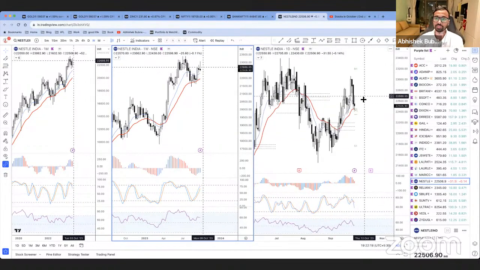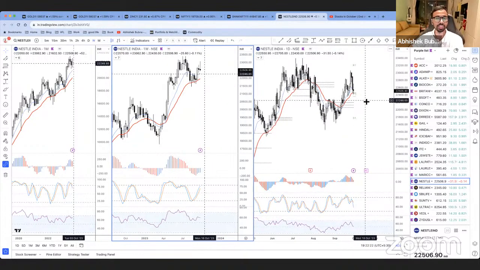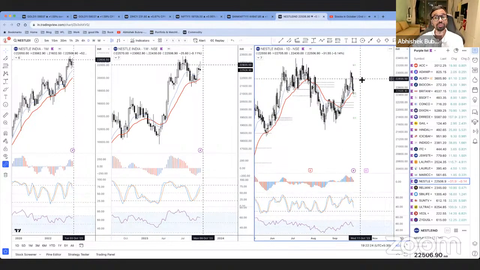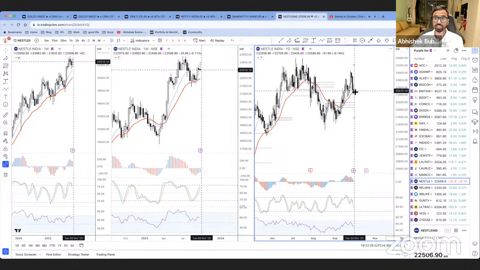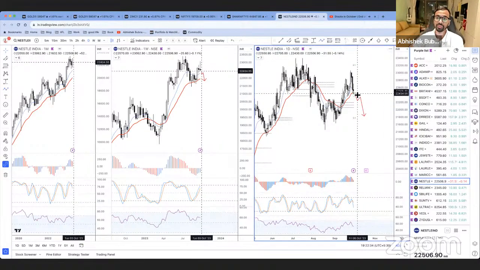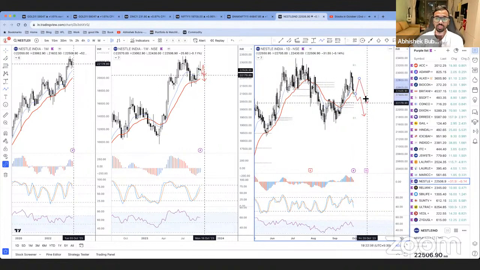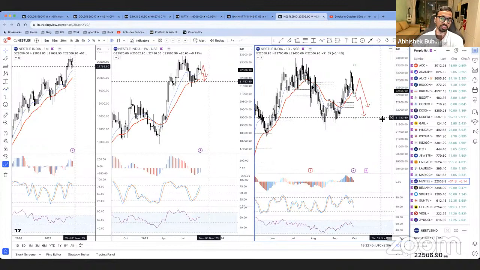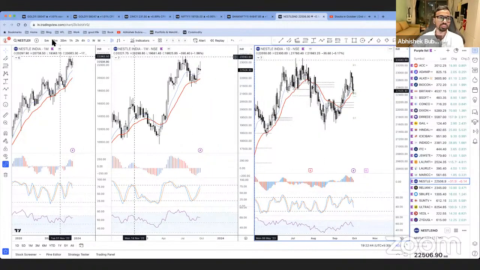We have a narrow monthly CPR which gives us an edge कि अगर इसके नीचे जाता है, then we are looking to sell. अगर ये 012 बनाने पहले ऊपर जाता है, फिर जाता है. So what I'm trying to say here is two things can happen. Either it opens lower on Tuesday and then you'll get a selling opportunity like this, or if it goes above first, like till here, and then breaks the CPR, then you get an opportunity like this. So either way, it just depends how Tuesday opens, to be honest.